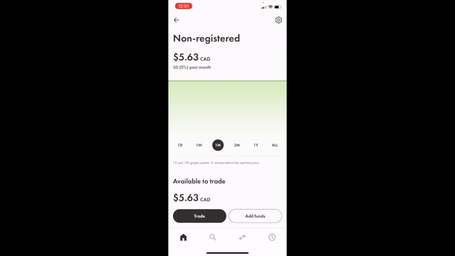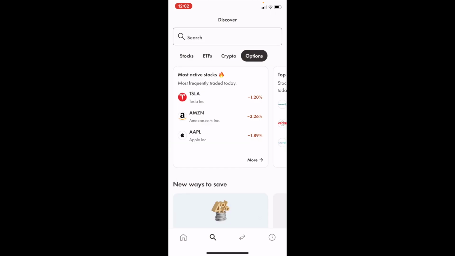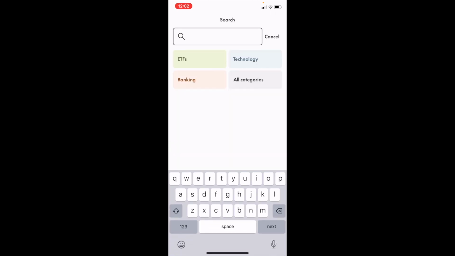So for me, it's going to be my non-registered account. Go to this bottom bar right here. Now there's 4 different options, and just simply press on the magnifying glass or the search bar. Now once you're here, go to the top and press on the search bar and type in ticker symbol CCL